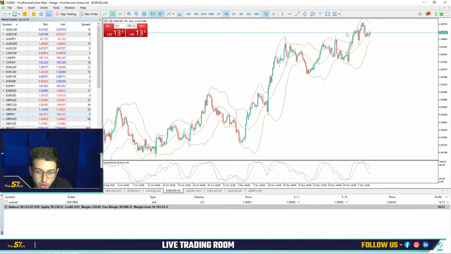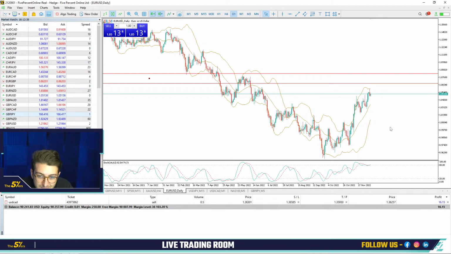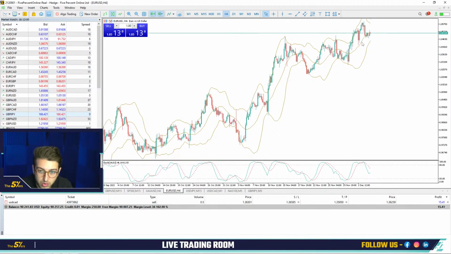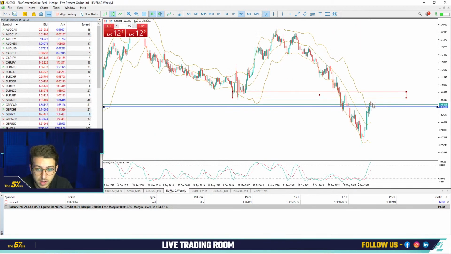The fact is here on the H4 and also on the daily chart, you see the uptrend is totally clear. I don't have any spots to make any sell. So here, if you want to make a sell according to a data analysis or quant analysis using average, maybe. But when you look at technical analysis, there is not a point here to make any sell, and the market is still making higher lows. Here even a higher high yesterday. So if you look at the weekly chart and say, okay, the market here might be reducing, probably.